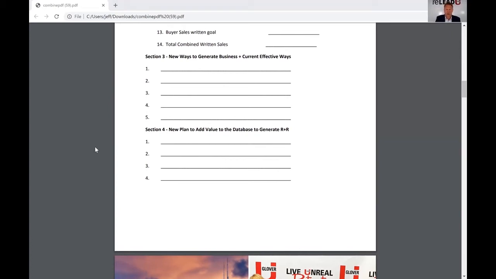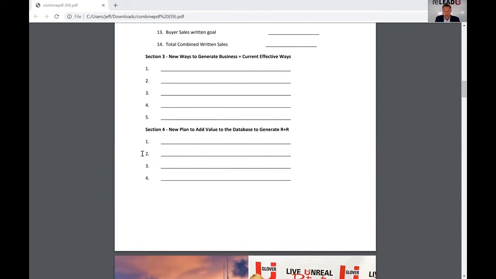Put that right there in section 5. Section 4, I'm sorry, right there in section 3. Section 4, again, for those of you that were joining us late, you're going to get a copy of this plan after this session. It's going to be sent out. I just want you to take notes, on a blank sheet of paper or on your laptop or in a Word document or wherever. So that way, when you get a copy of the plan, you can take all these notes and boom, put it right side by side with it.